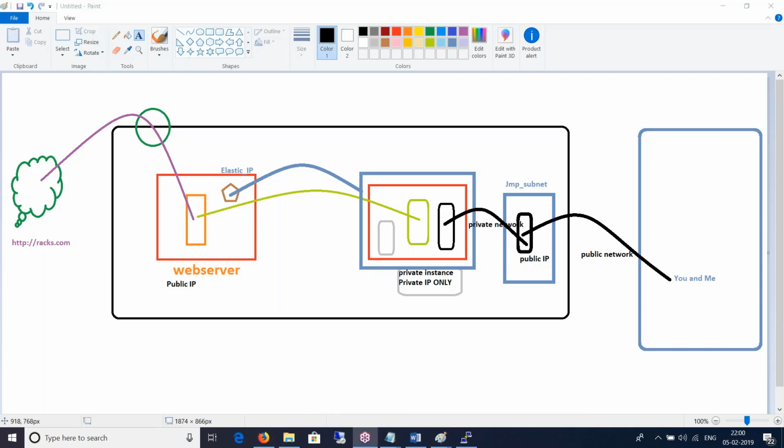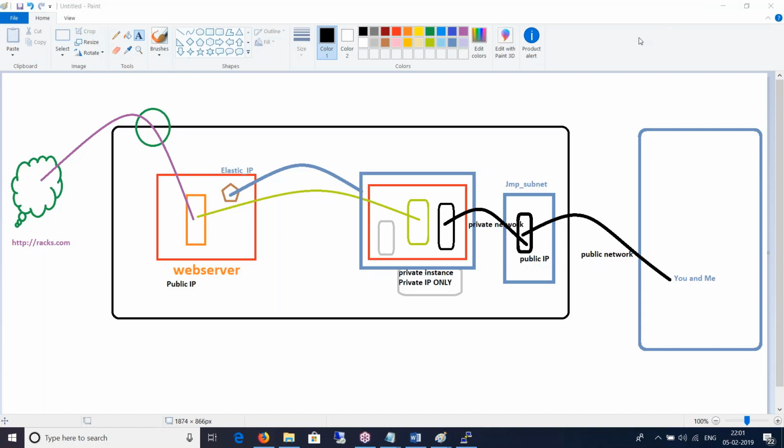Hey, I have one question. If we have created one private instance, say database server, and we have to patch that server from my satellite server, and that satellite server maybe there in my on premises. So to do that, we have to allow internet, and to allow internet, there is only way to provide the NAT gateway to that network. Is there any other way instead of providing NAT gateway?